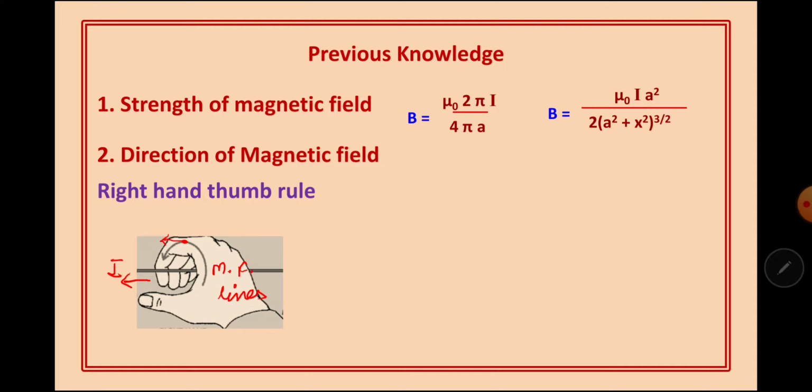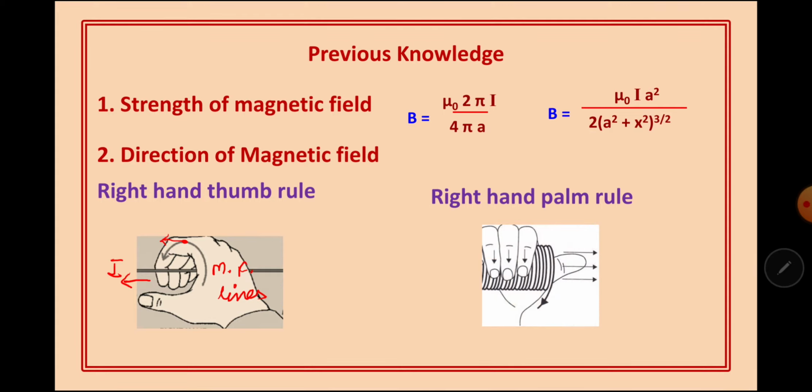And the second rule, which is particularly meant for closed loops, we are going to discuss now. That is known as the right hand palm rule, and in many places it is referred to simply as the right hand rule. So what is that right hand rule? Students, here the directions of current and field will be reversed. We'll have to use the right hand only. Let us see what is the difference.